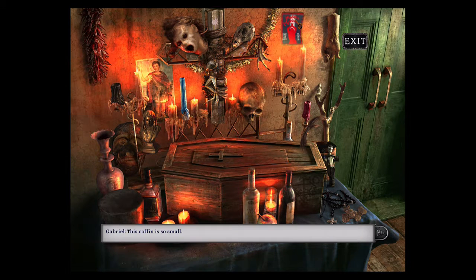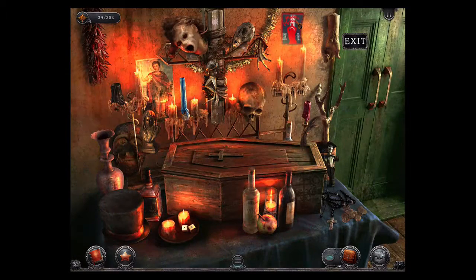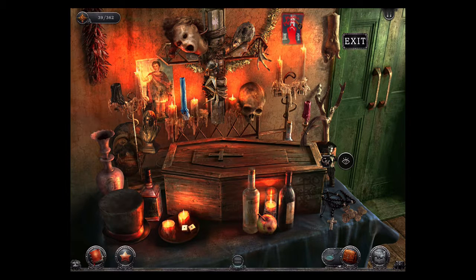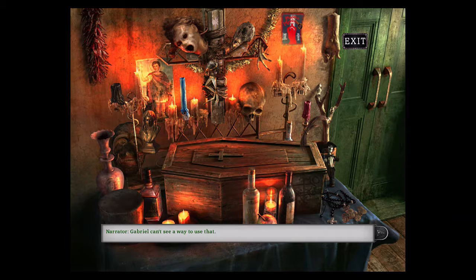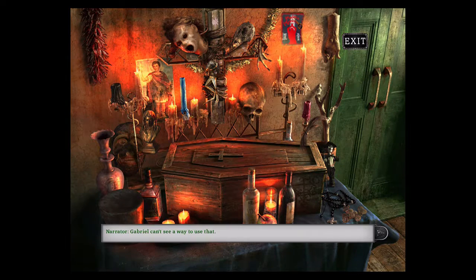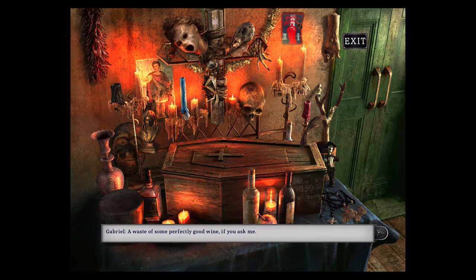That is very freaky. This coffin is so small. Can I do anything with these? That doesn't seem to work that way. What can I use with the coffin? Gabriel can't see a way to use that. No. Gabriel can't see a way to...